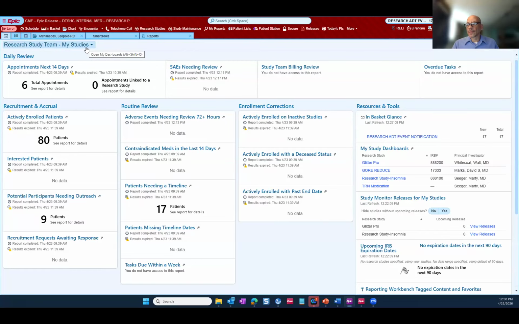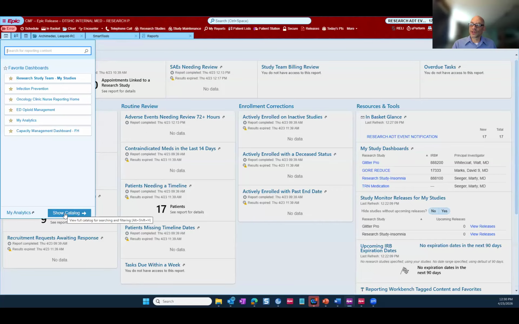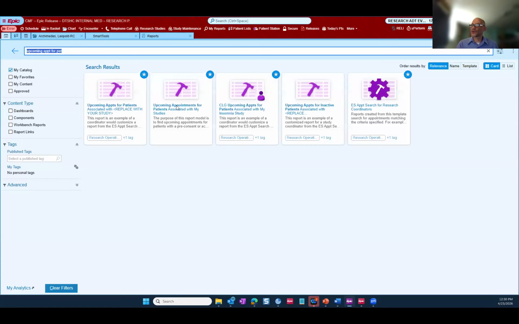In your reporting catalog, in the analytics catalog, I'm clicking on the dashboard title. I can certainly search from this search field in the sidebar. I'll say upcoming appointments. I think this one is abbreviated. Or we'll see if that pops up. Yeah, so the report that I'm using is this one right here, upcoming appointments for patients associated with your study. Clicking the pencil icon